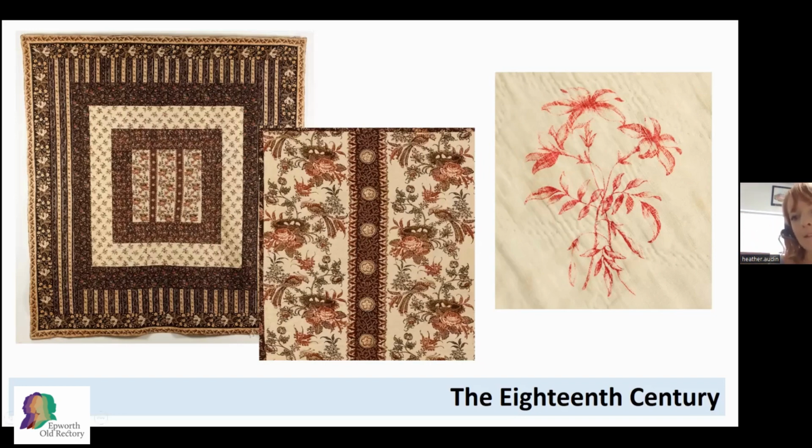But to be able to get very, very fine printing, they also engraved copper plates and copper rolls as well. And this is a really enlarged close-up of a copper plate print, which shows you how fine they could get some of the detail on the printing on this cotton. So this is blown up to a much bigger scale than it actually is on the fabric. It's just to give you an example of some of the amazing detail on some of the printed cottons